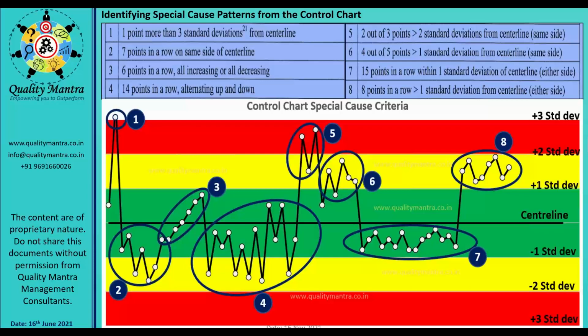If there is a special cause, your process is not predictable. You don't know what will happen next. Okay, that is why. That's the very good thing you people should know: within control limit doesn't mean you are in control. You are in control only when there is no special cause present.